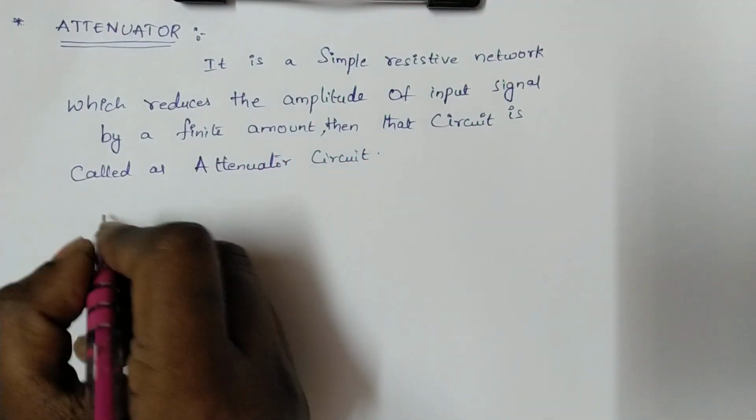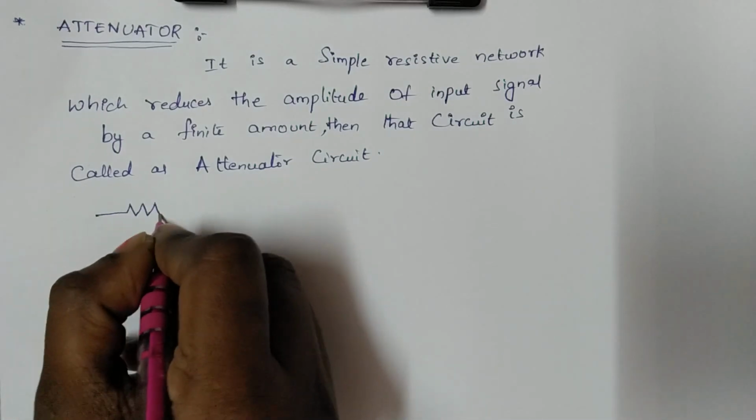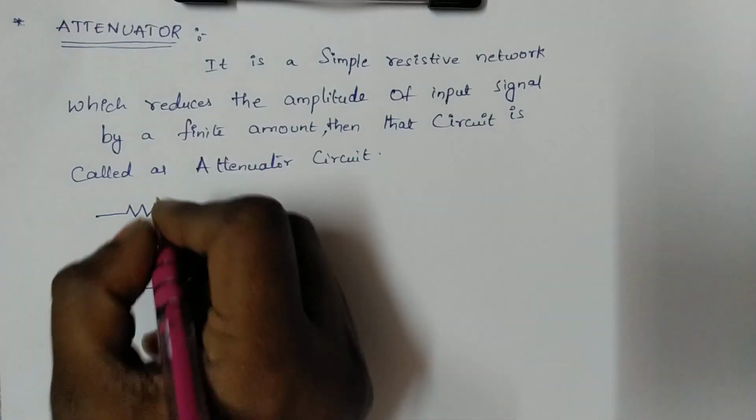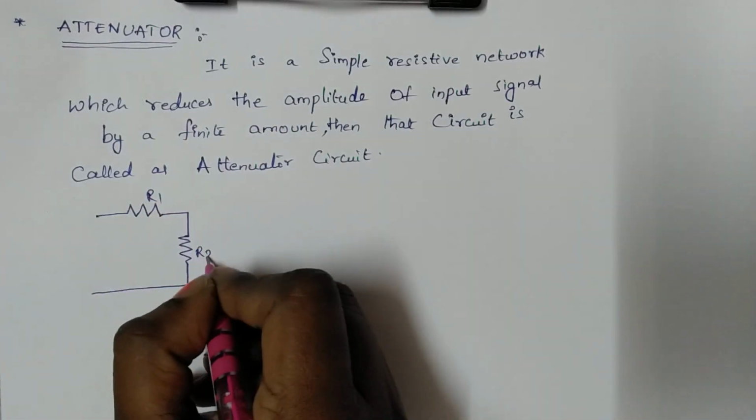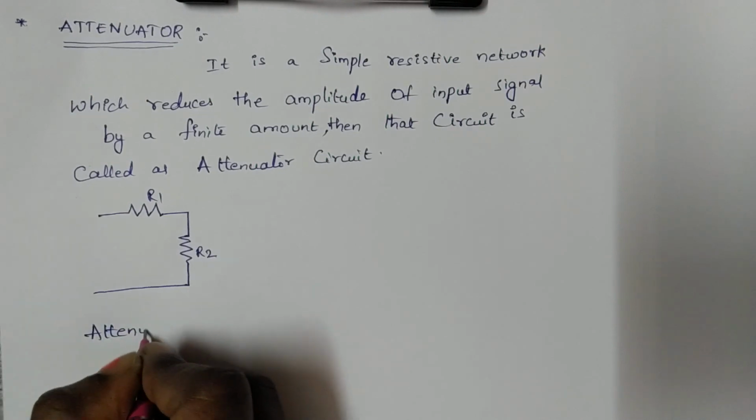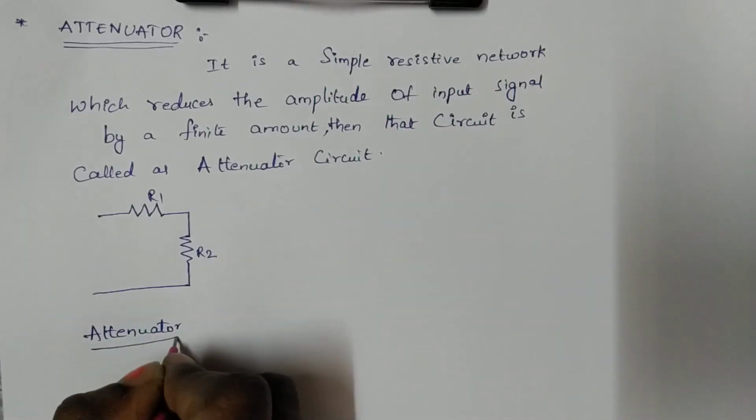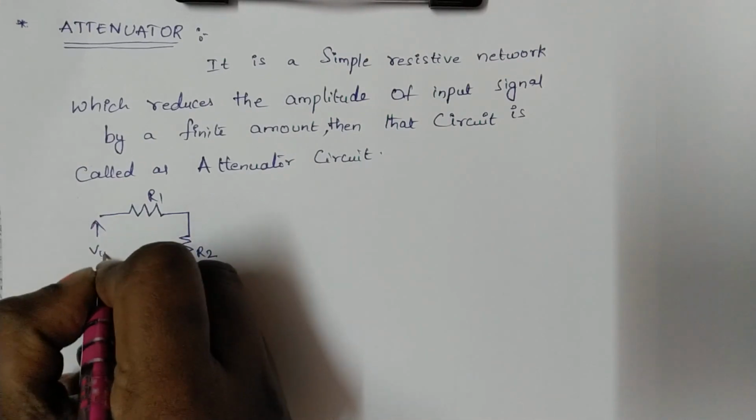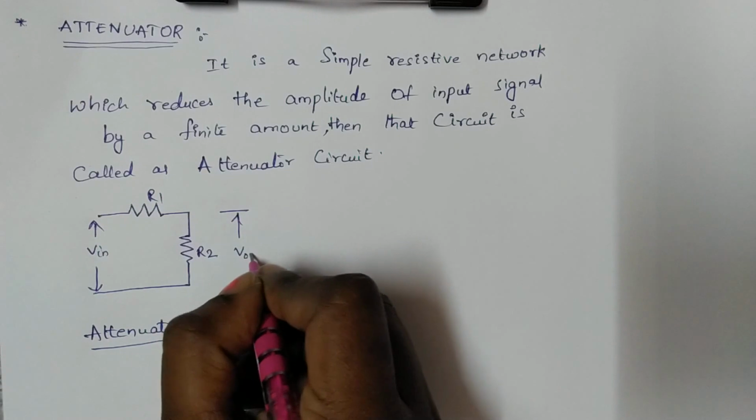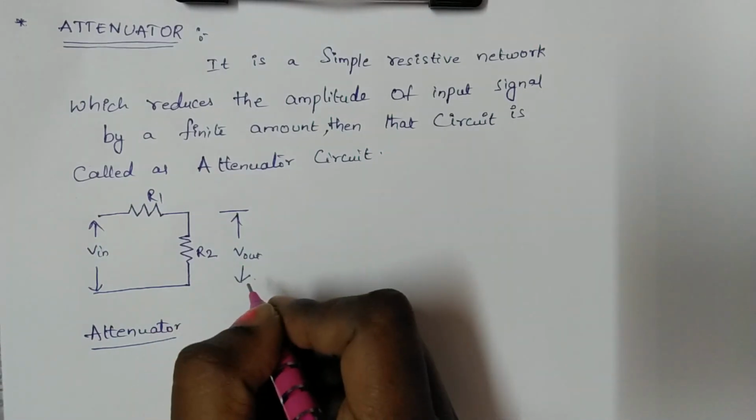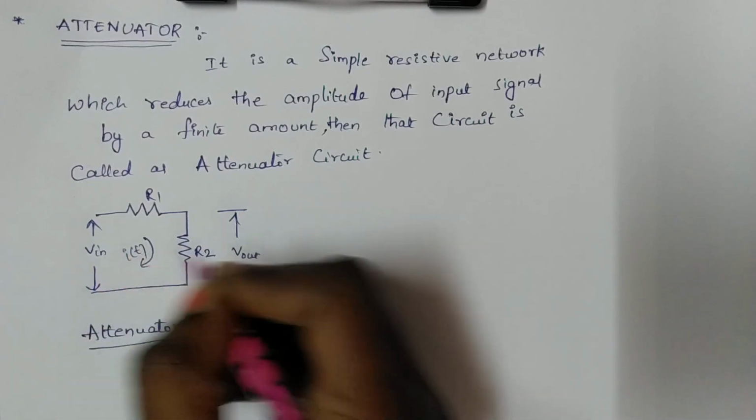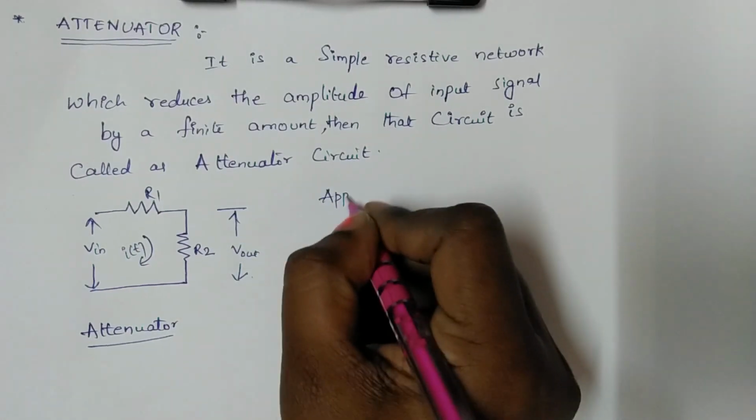It is represented like this: a simple resistive network, a circuit which consists of only resistors, R1 and R2. This is an attenuator circuit. Here I am applying the V input and I am collecting the output across the resistor R2. In this there will be a flow of current I of t. Now apply KVL